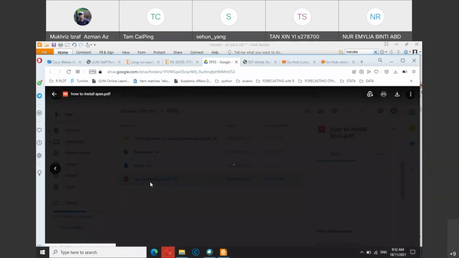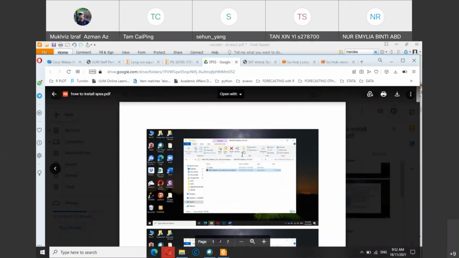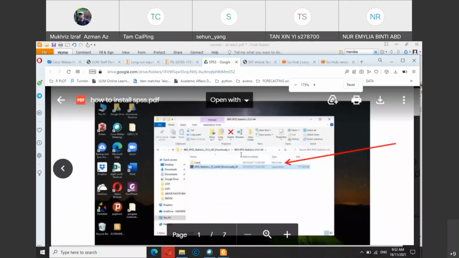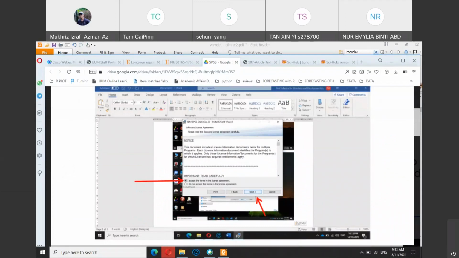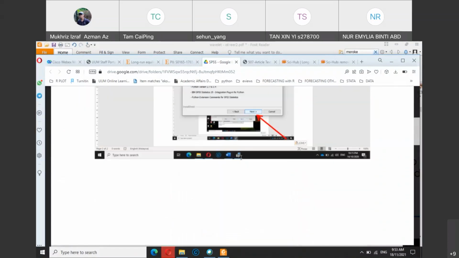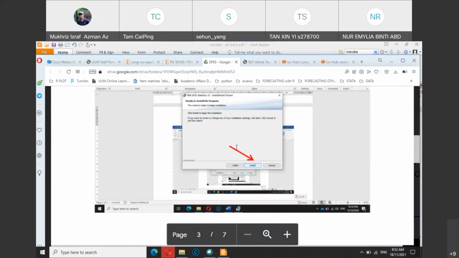Okay, and if you open how to install SPSS, basically this is my own screenshot. So you can open the file and follow the instructions on how you can install SPSS. If you don't have a copy, of course if you are in UEM, you can bring your laptop to the pusat computer or the IT department and get the official program installed. But most of you are learning from home, so you can use this cracked version of SPSS. Just follow the guideline. Many students have downloaded the same file using my instruction, and there should be no problem. So just follow the steps.